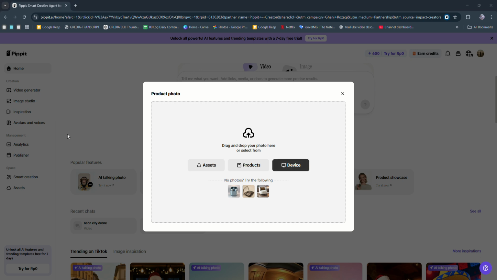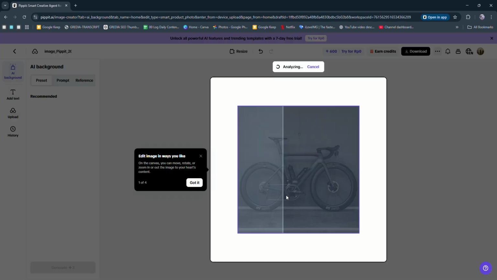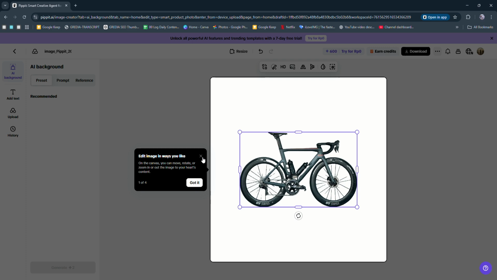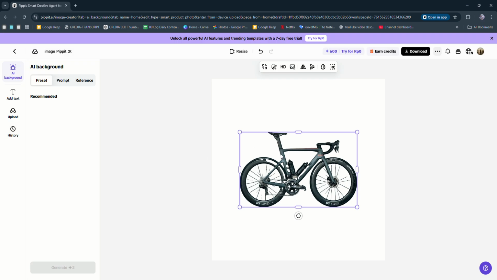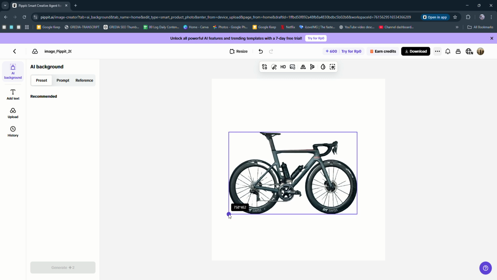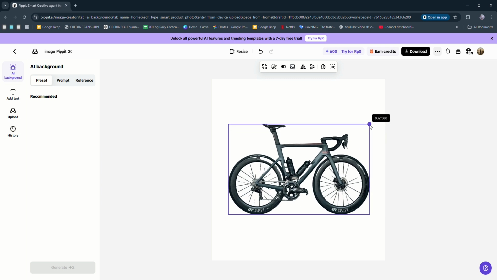So for example, I'm going to just find one in here on my device. Let's say this bike right here. You can just click on open. Okay, so once you're here, the background will be automatically deleted just like this, and then you can resize it how you like it, like this, and there will be the preset